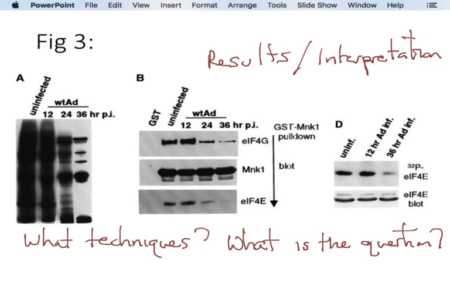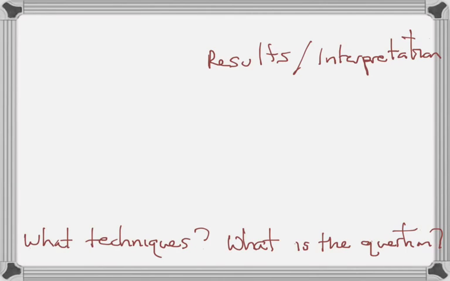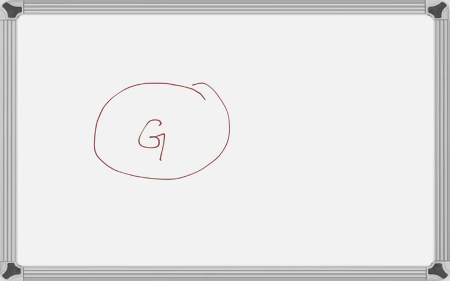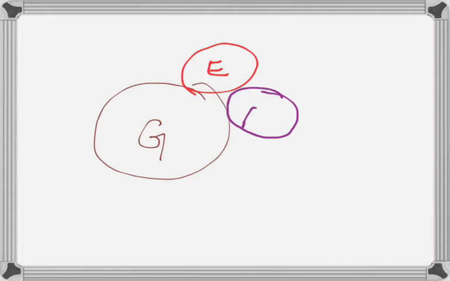So what does this tell us then? Let's put these two pieces together, and maybe what we need to do is draw this out a little bit. I was going to draw it up there, but I think I'll just do it right here. So we know from figure C that EIF4G, regardless of infection, is interacting with EIF4E, 4A,